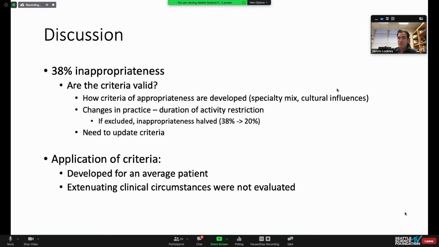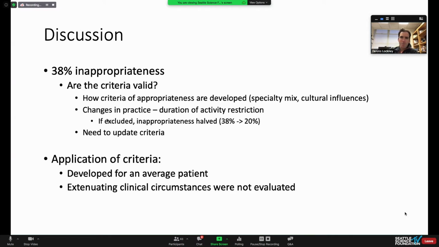And then cultural influences can vary between different cultures, what they feel is appropriate risk or inappropriate risk. Certainly changes in practice, and the authors commented on this, duration of activity restriction. Some felt that patients should be bedbound for essentially a month before being offered surgery. I just finished my training, and I don't think I ever suggested somebody with a disc herniation lay in bed for a month. And also, if you excluded that from the analysis, the inappropriateness levels actually halved from 38% to about 20%. So it underscores the need to keep and update the criteria